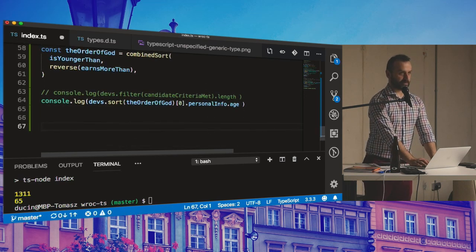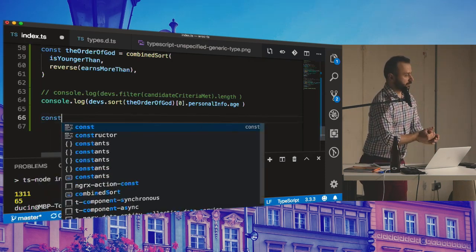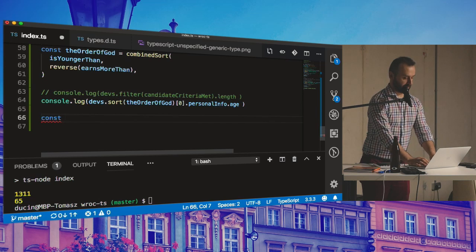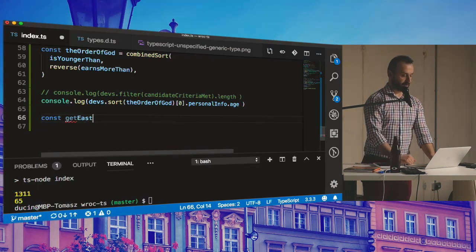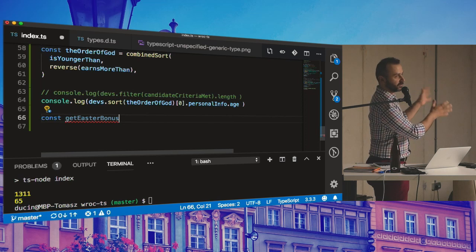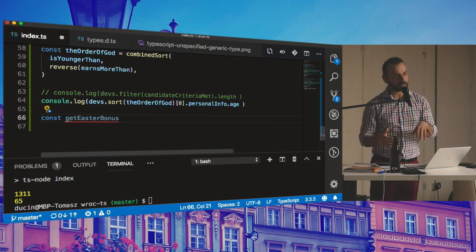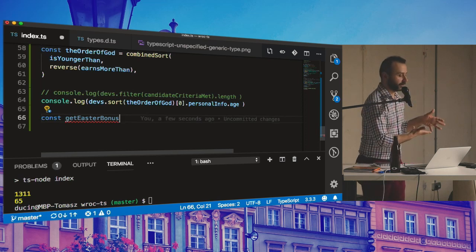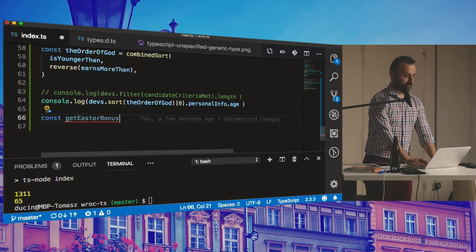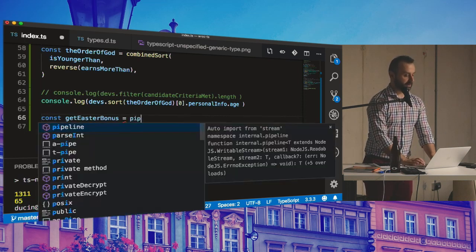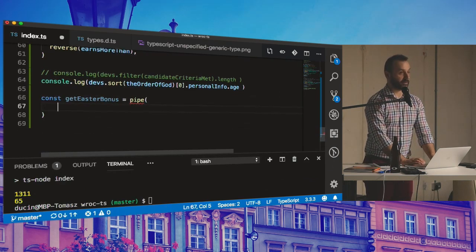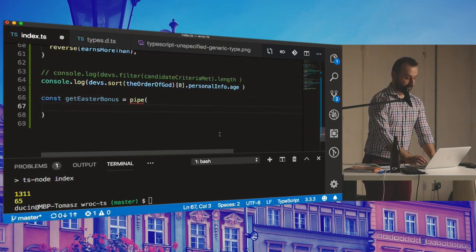Not sure if we still have some time to implement the pipe, but let's say we would like to get the Easter bonus for all the developers. So for a given group of developers, I would like to apply some conditions, whether they're Polish, whether they earn some money, the criteria. So I would like to do the pipe, the same pipe that Józef was speaking about in the previous presentation. So there would be, let's say, the first one, filter by